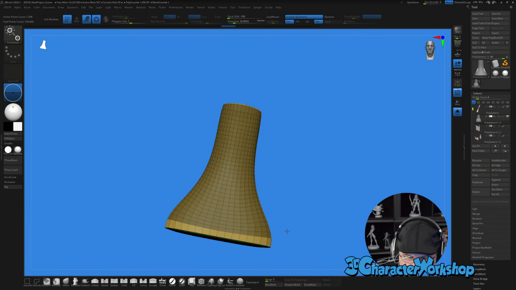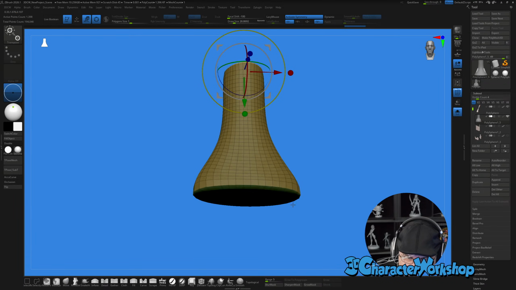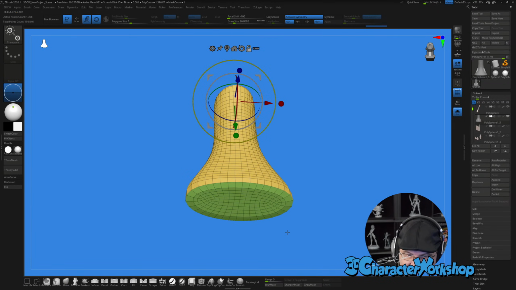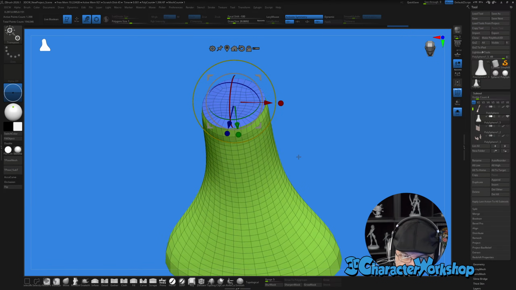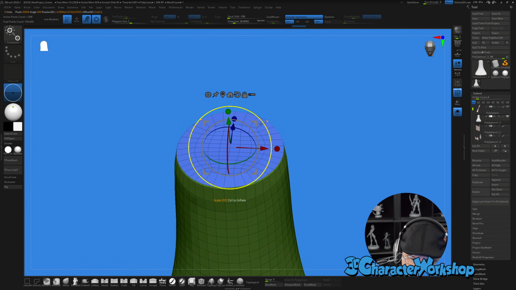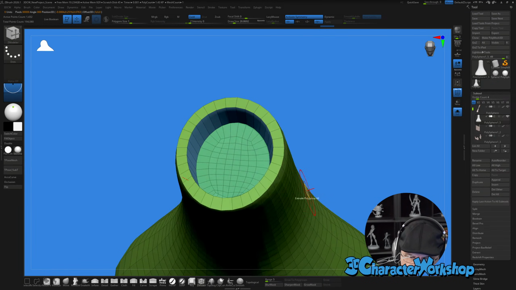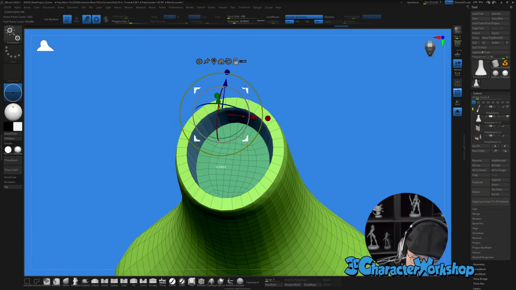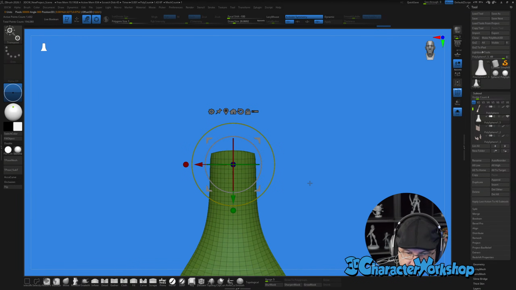Apparently I did the same thing to the bottom of this mesh because it's the same poly group. Okay, I forgot to do the group by normals here. Let's do that. Group by normals. There we go. I forgot that crucial step. I'm trying to go too fast. That's what happens. Okay. There we go.